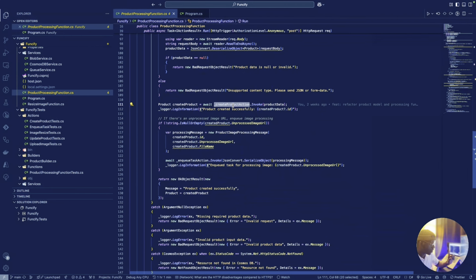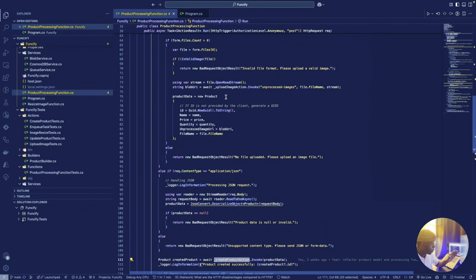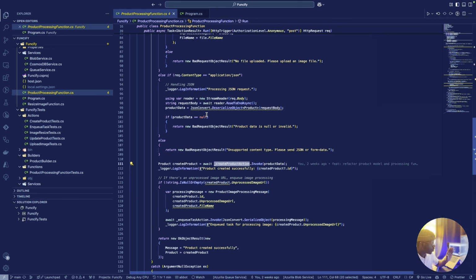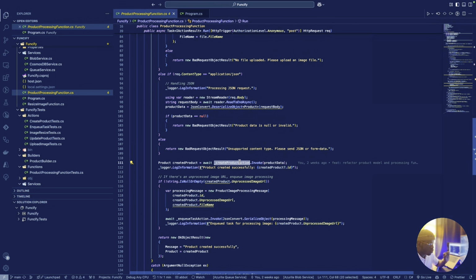The second one is the create product action, which creates the product using the product data that has been created, or rather deserialized from the JSON object, or gotten through the product object that was initialized for the form data content type. So when we create the product using the create product action, we then check if there's an unprocessed image URL, because the only reason why we want to enqueue a task